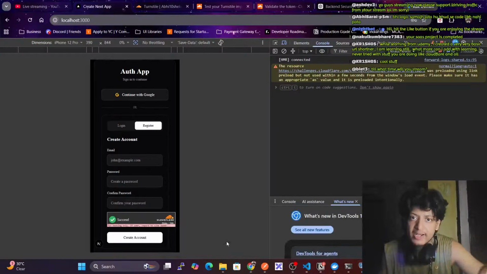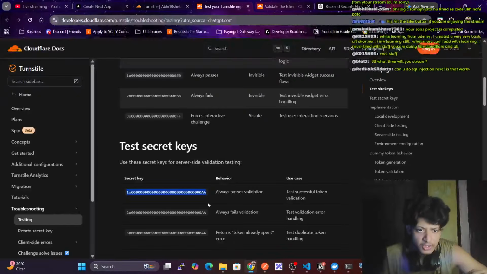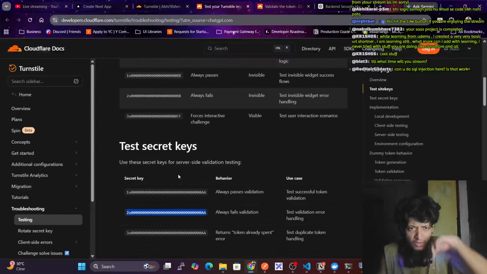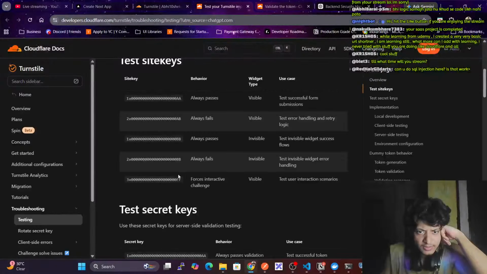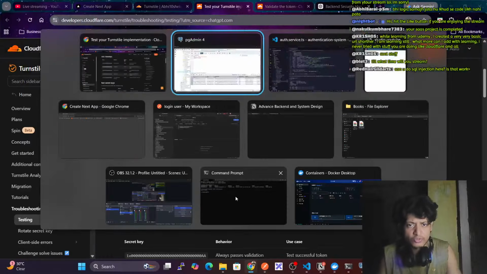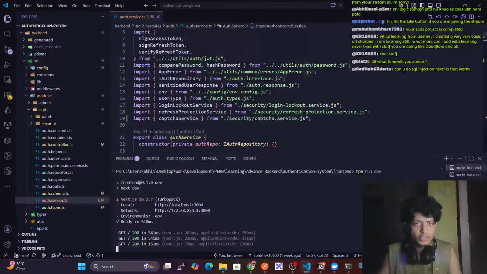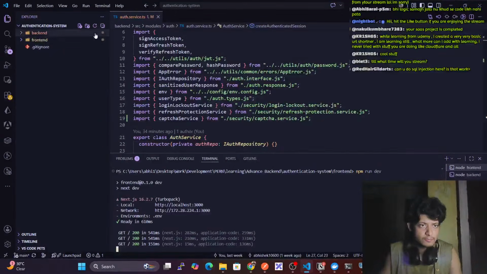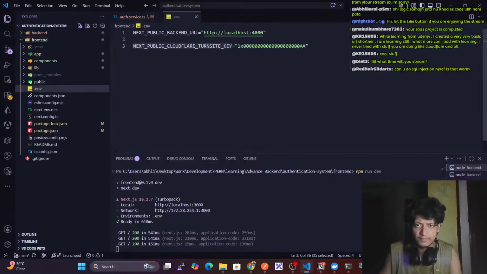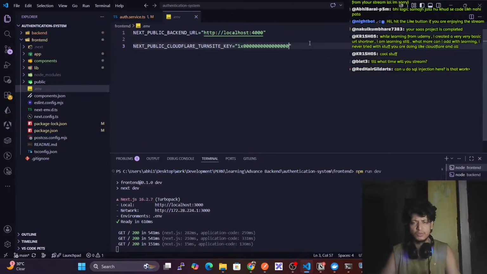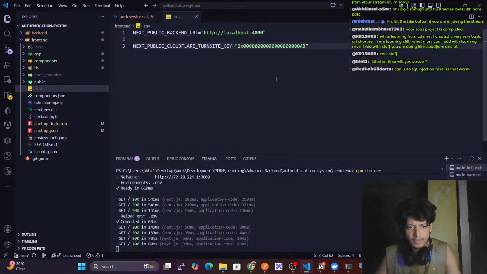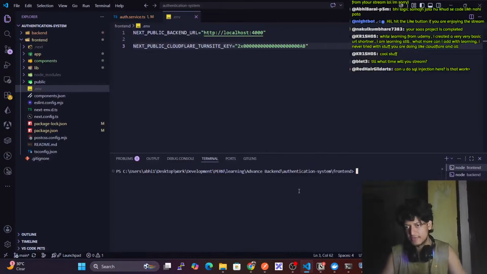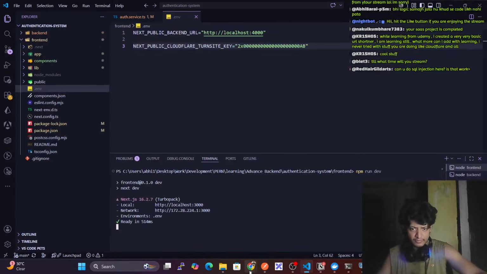But I want to check a failure as well. So for always fails validation, let's use this one, secret keys always fails. Okay, let's first use this VS Code, this frontend .env, and here use this one. Now if I start, it will always fail. npm run dev, and if I go here,